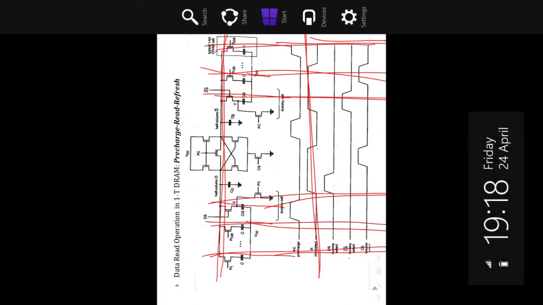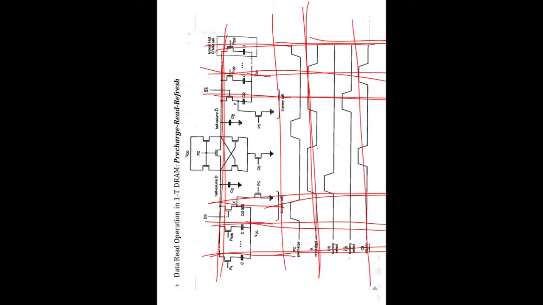So we know that for a 1T DRAM cell, there is only one column. So this is how an array is used. There will be another column after this, there could be another column, there could be another column here. Now here you can see the column is divided into two parts, so this is the second half, and this is the first half.